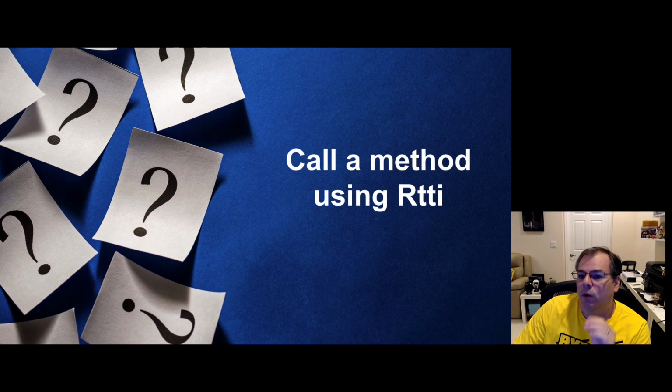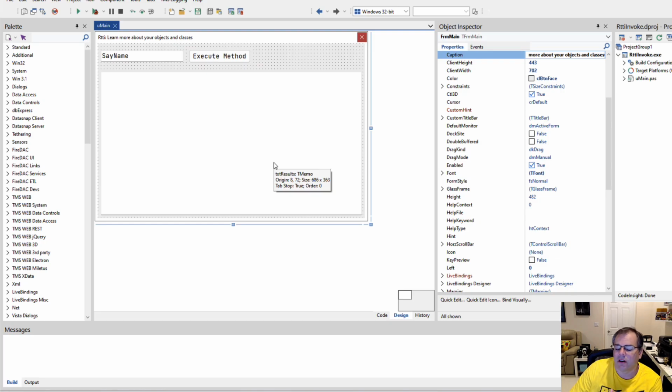No, we actually want to call a method using RTTI. Last time I talked about, is this advanced or not? So this I would pretty much consider advanced, because you let your user pick what method is being executed inside of something. And this example here, of course, is heavily constructed.